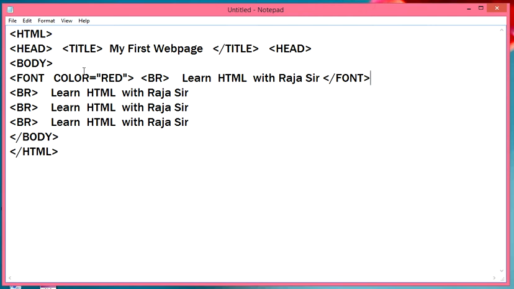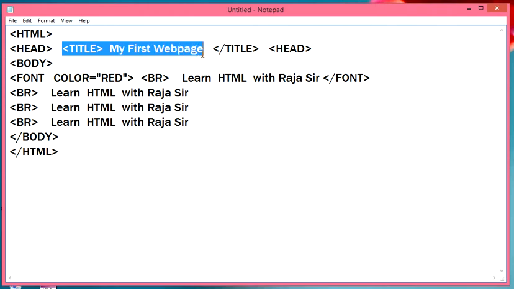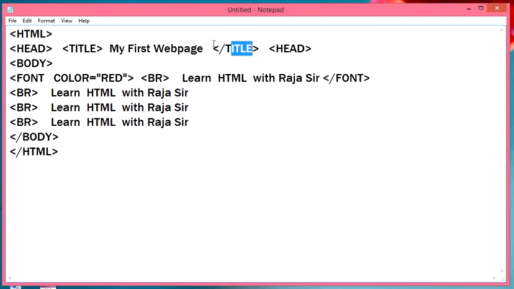Just pay attention here: opening HTML, at the last closing HTML tag, after that opening head, closing head, then under head, title open. This is the title name of your web page, and title tag close.